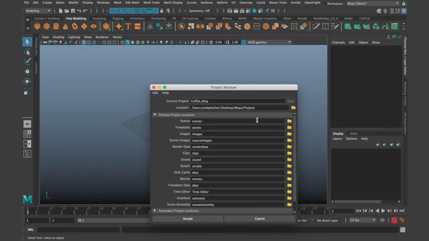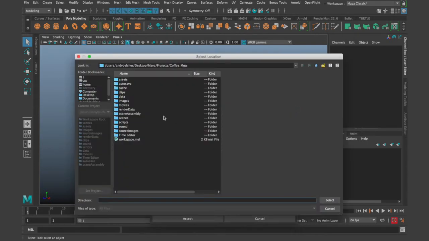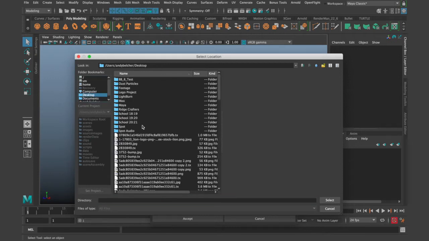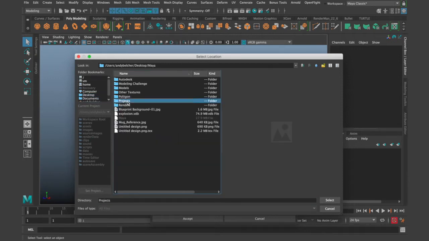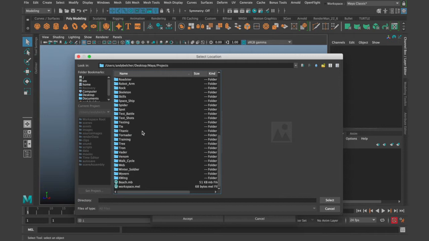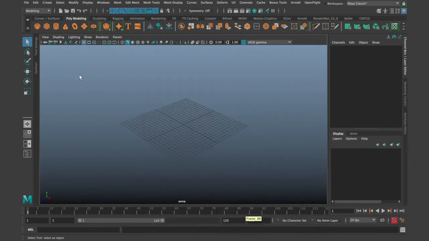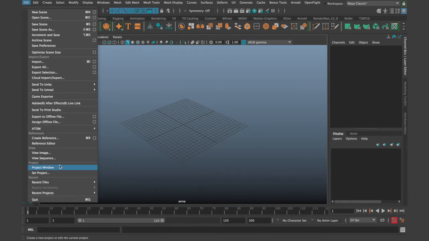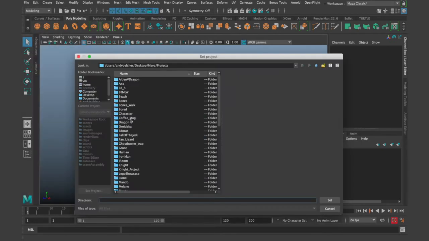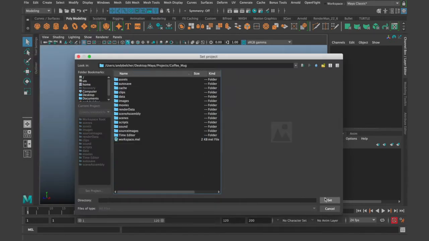And then select this little folder thing, go up to Desktop, wherever you want it to go. So you're just selecting the directory. So these are all my folders for past projects. You might have something like that, or you might just have it randomly on your desktop. Whatever you want. Then push select, push accept. It already exists. Alright. Go to File, Set Project, select your project you just made, push Set, and then now